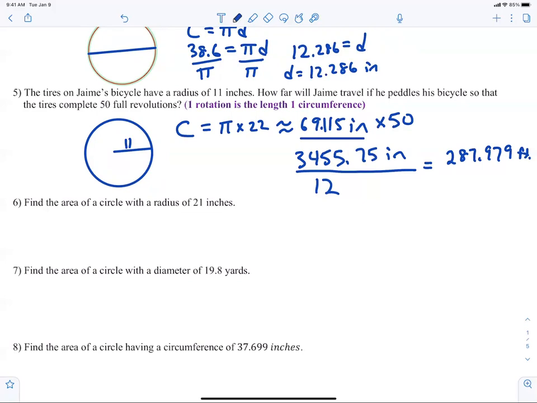Right, you see what I'm saying? Well, I just divided by 12. This is the answer right here. The 3,455 is the answer, but I wanted to see if Josh could think a little bit more. Would that also be the answer? Well, no, the answer is the highlighted green. But could that be the answer? The 287 is a great answer. So it could work? Yeah, right, but it doesn't say